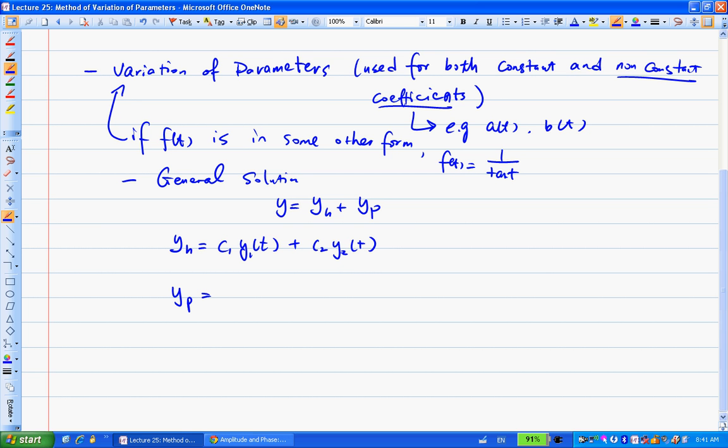Remember, when we were looking for the yh, when you have a double root, there's only one lambda, and you have e to the power lambda t. That's y1. How did we find the y2? We multiplied this e to the lambda t with v of t. Here we do something similar. We set up yt as m1 of t y1 of t